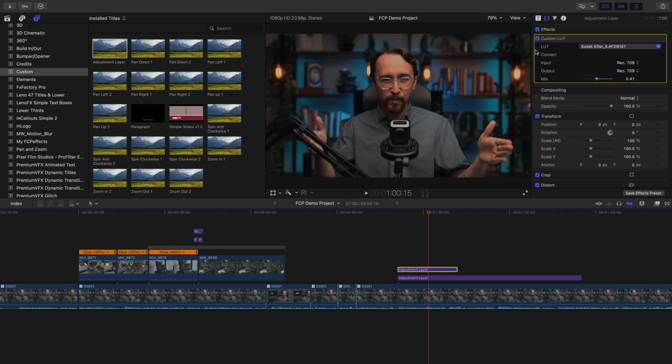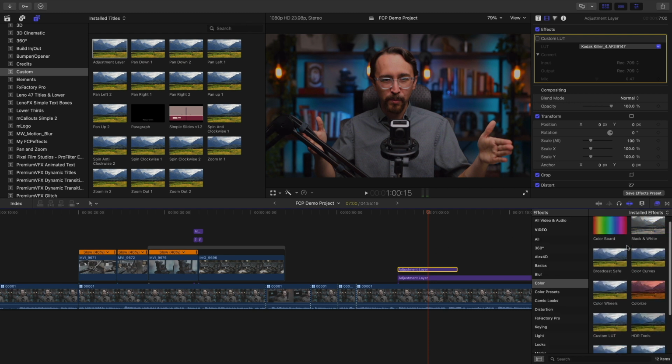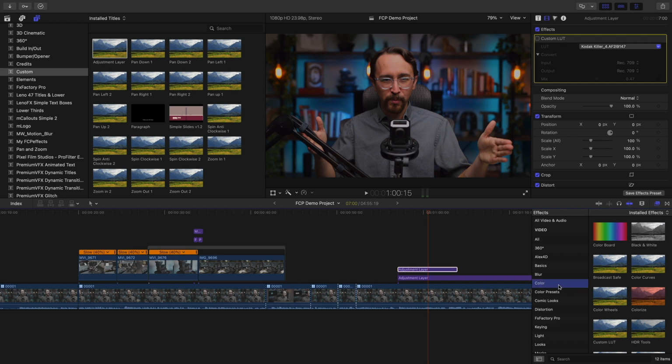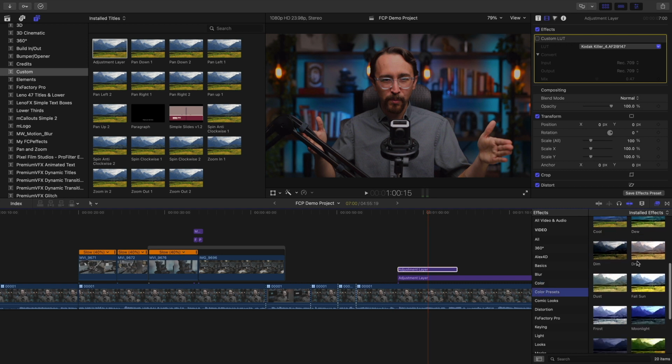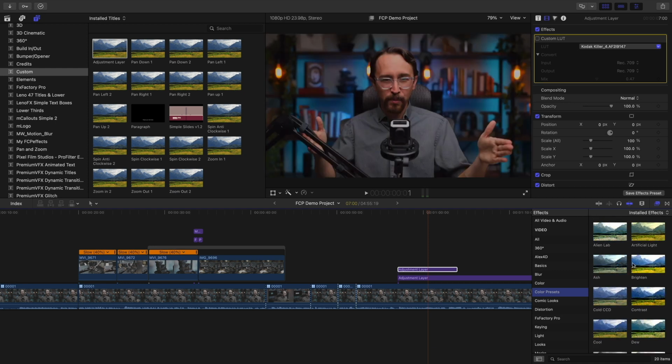Now, another option as well, if you don't want to work with custom LUTs, we're just going to, in this effects panel, click that checkbox to remove that particular effect from this adjustment layer. They actually do have a lot of custom colors within color presets that you can use as well. So if you're looking for something very simple, if you think that maybe, you know what, my footage is just too dark,